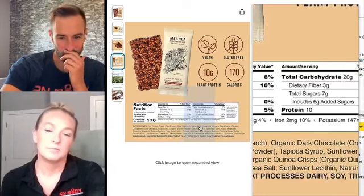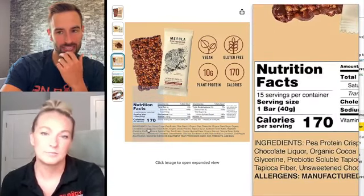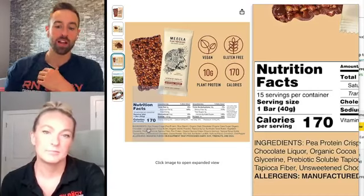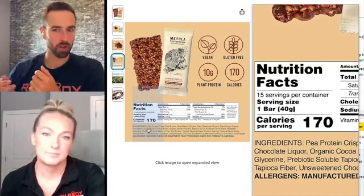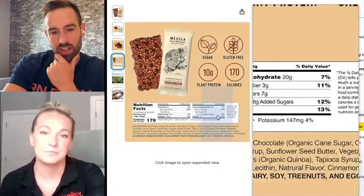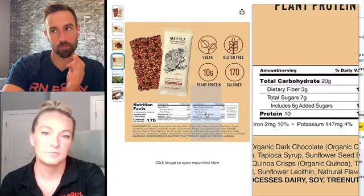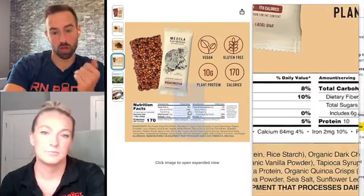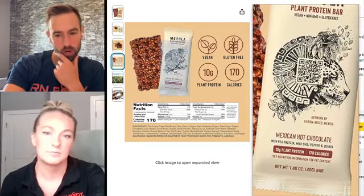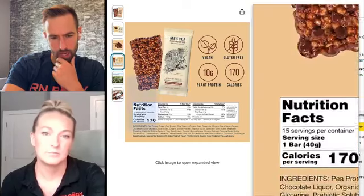So it's only got 40 calories from protein, which means that less than 25% of the calories are coming from protein. To me, I don't really call something a protein bar unless at least 50% of the calories are coming from protein. So this is a more filling snack than a Nutri-Grain bar, but I wouldn't necessarily call it a protein bar. It's marketed as a protein bar because they want you to buy it. But ingredients wise,